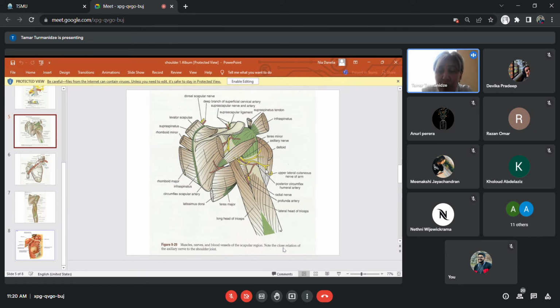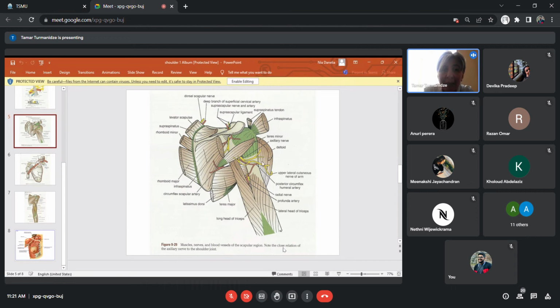Below the superficial fascia is located deep fascia, proper fascia, which is continuation of the deep fascia of the infraclavicular